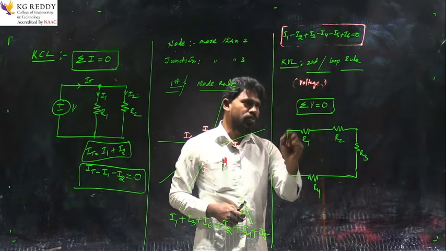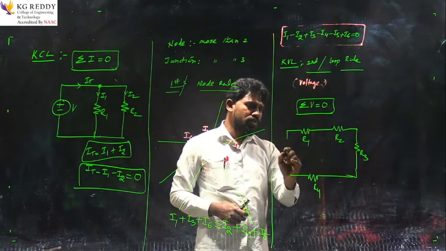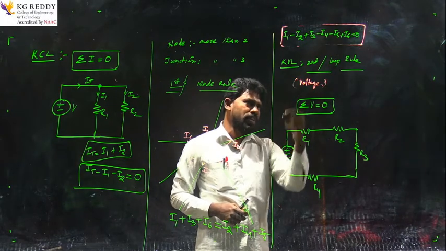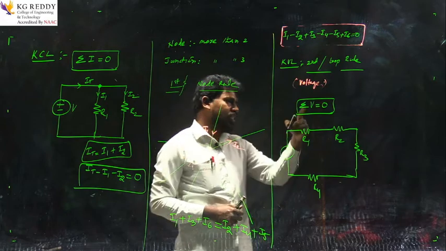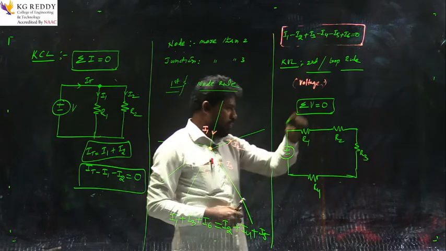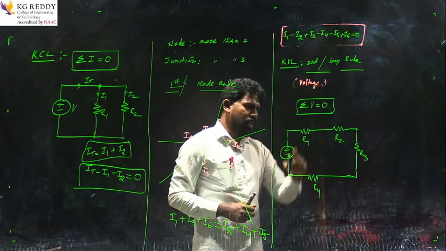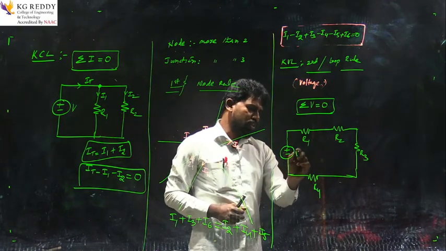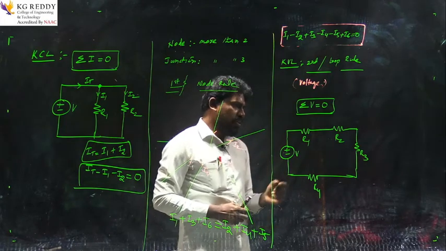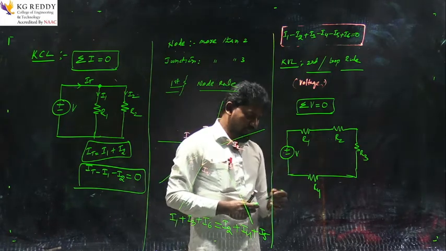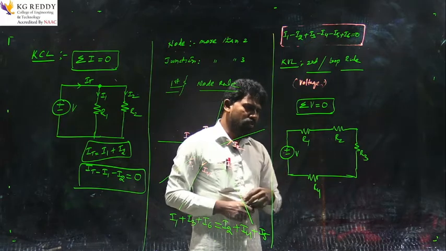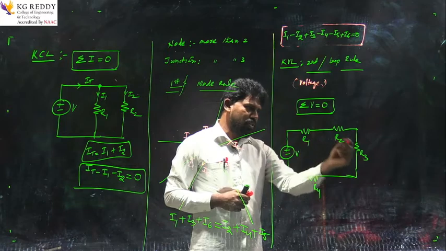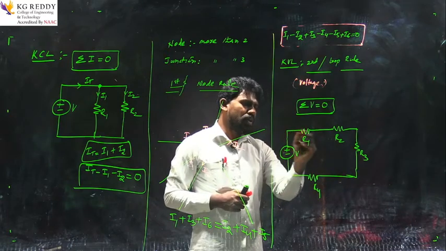Now I am going to close it with the voltage source, because Kirchhoff voltage law says the algebraic sum of voltages around the loop or closed circuit is equal to 0. That is why I am going to close all the resistances with the voltage source, V. Again, these are R1, R2, 4 resistances, and this is the supply voltage. Whenever the supply voltage is given to these elements, they form a closed path.